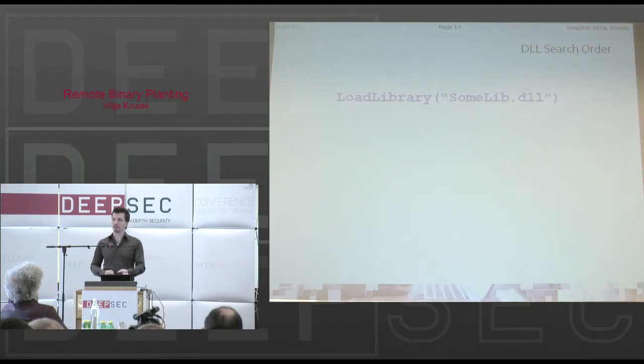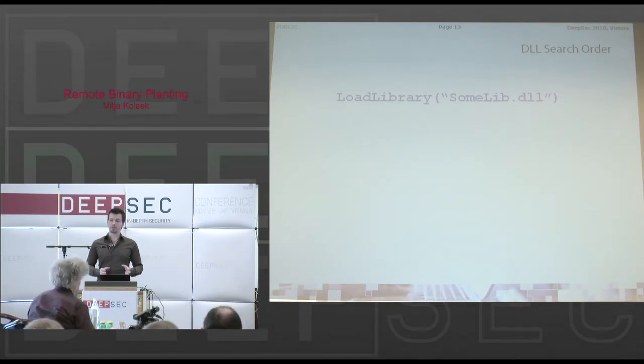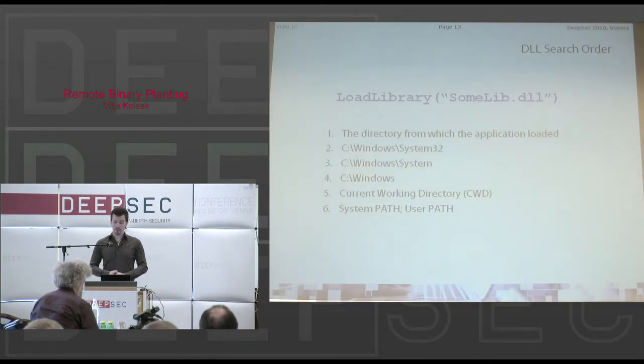What happens then? Well, in this case, Windows is really friendly and really helpful, and it thinks instead of the developer. So the LoadLibrary function is very clever. It's going out of its way to find the library that you're trying to load. It basically thinks so that you don't have to. And how does it do that? It has a specific search order which it searches in order to find your library.